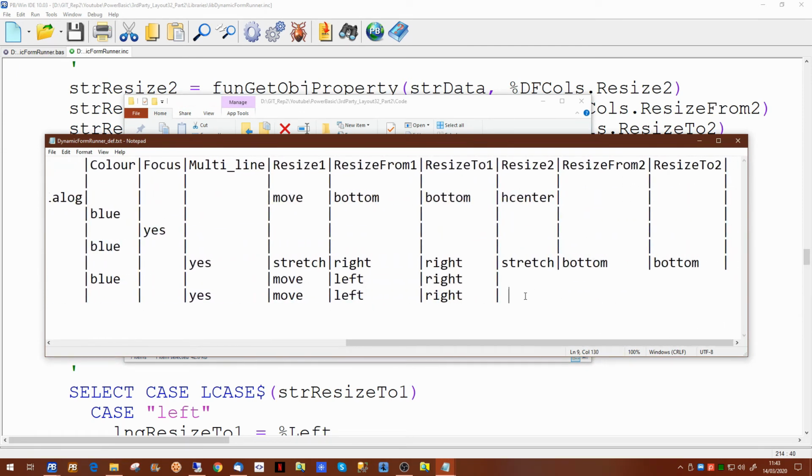Now we want to do a stretch in this case. And we want to stretch the bottom of our object to the bottom of the form, just like we did with the other one. And if we save that